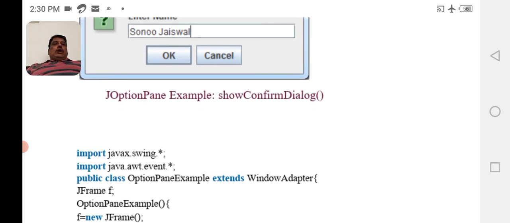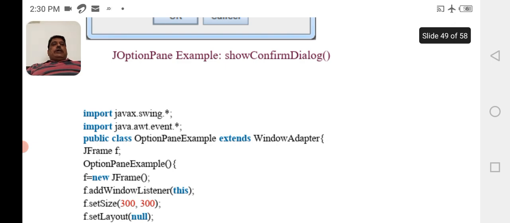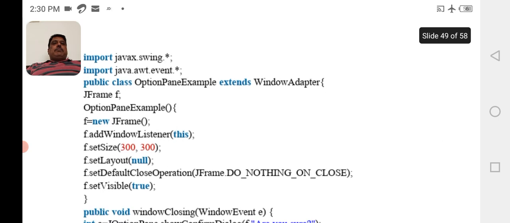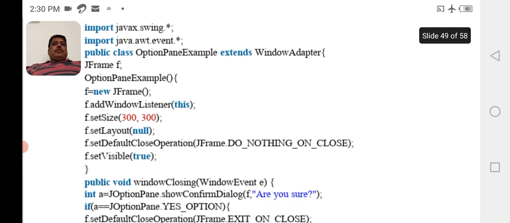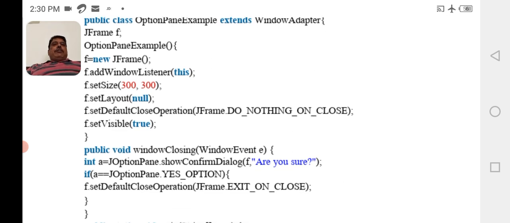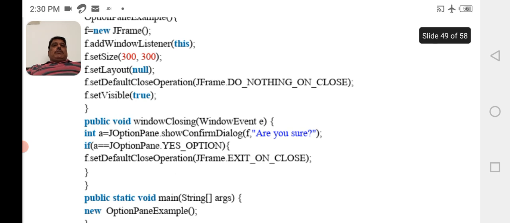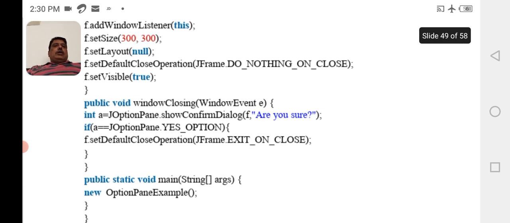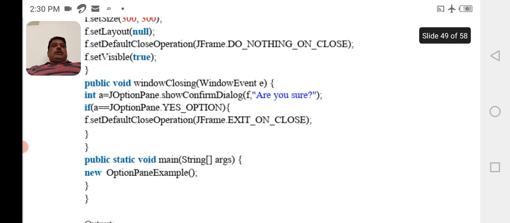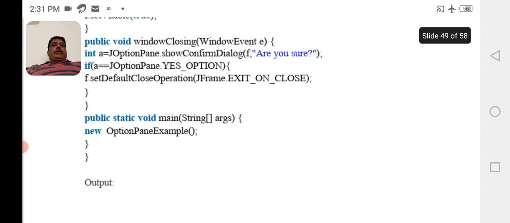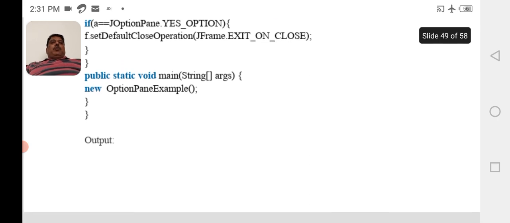JOptionPane example, showConfirmDialog method. Import javax.swing.*, import java.awt.event.*. public class OptionPaneExample extends WindowAdapter { JFrame f; OptionPaneExample() { f = new JFrame(); f.addWindowListener(this); f.setSize(300, 300); f.setLayout(null); f.setDefaultCloseOperation(JFrame.DO_NOTHING_ON_CLOSE); f.setVisible(true); } public void windowClosing(WindowEvent e) { int a = JOptionPane.showConfirmDialog(f, "Are you sure?"); if (a == JOptionPane.YES_OPTION) { f.setDefaultCloseOperation(JFrame.EXIT_ON_CLOSE); } } public static void main(String[] args) { new OptionPaneExample(); } } When the above program is executed, the output is